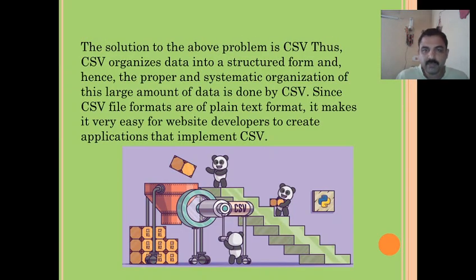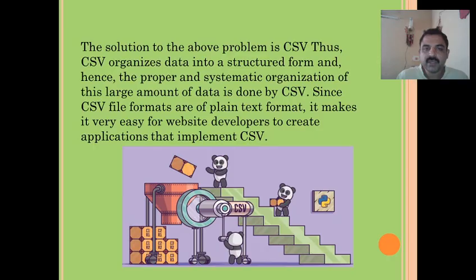The solution to the above problem is CSV. Thus, CSV organizes data into a structured form, and hence the proper and systematic organization of this large amount of data is done by CSV.